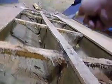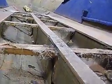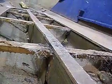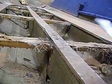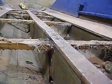I have a solid stringer. I'm solid in the next opening, and then the far opening is the end. So again, I could splice somewhere forward of that opening, but I can probably cut the whole thing out faster than I can splice it. So that's how we have stewed about this,